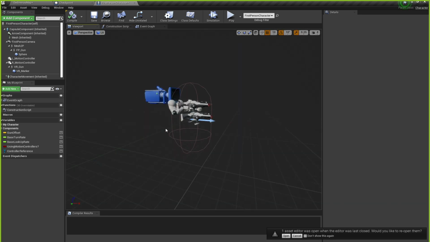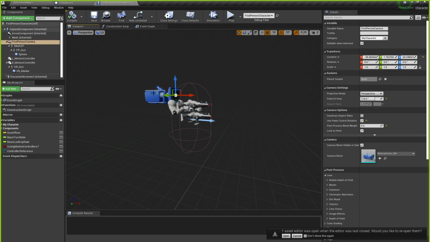What we do care about is the viewport. So here, when I select the camera in this viewport, first-person camera, it will give me all of the settings of the camera. And the easiest one is field of view, right? This is basically how wide the viewing angle is. So if I change this to less, let's do like 60 degrees. Click compile, click save,